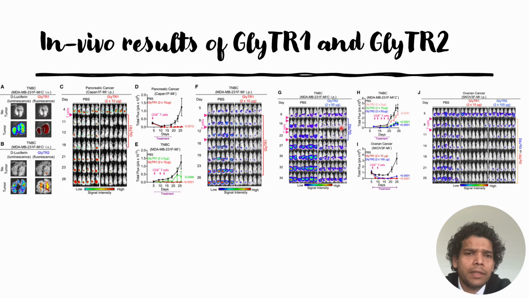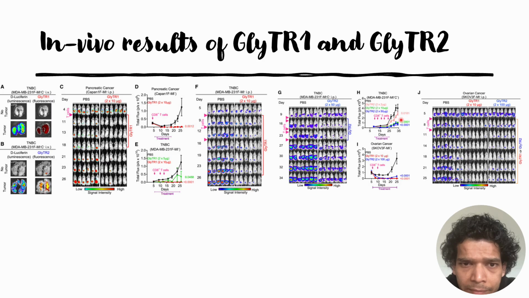In the case of the TNBC with MHC-1 deficiency and COSMC gene knockout, they are able to see tumor suppression, but tumor relapse started to occur in the later days. Still, the tumor size in the later days is significantly lower compared to the case where no BiTE antigen is used. These quantifications are shown in panel H, where we can see that the tumor size even after 35 days is statistically significantly lower compared to the control case, and also compared to the case where they use a lesser amount of